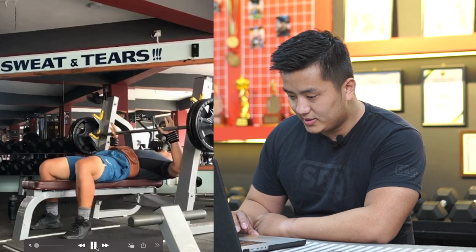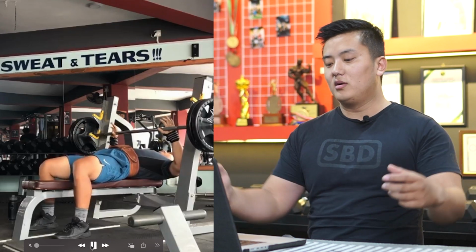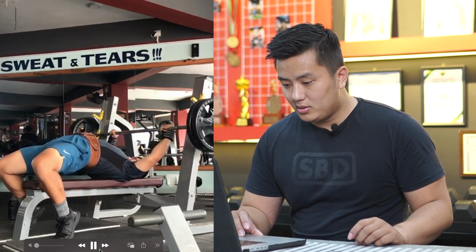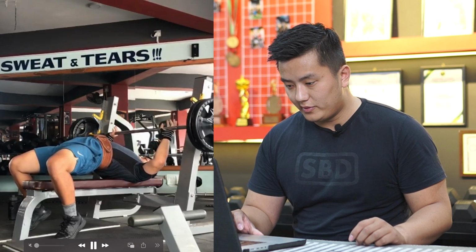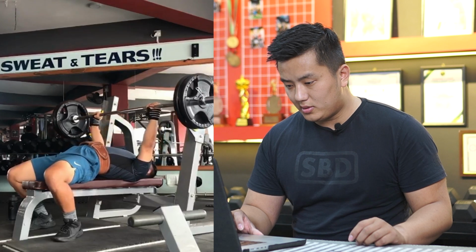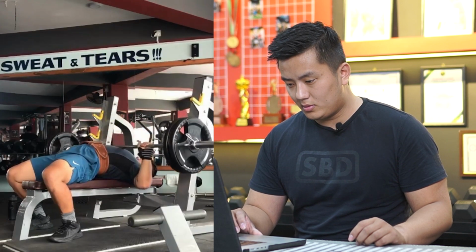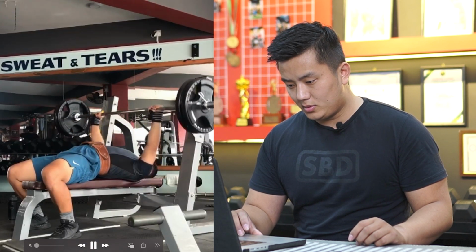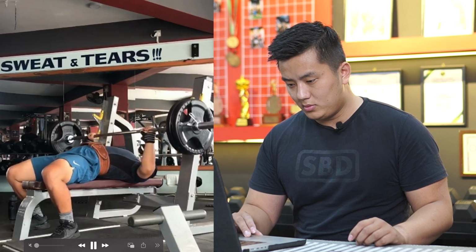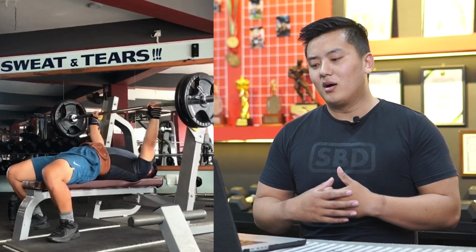First thing I'm noticing is the setup height is very low. So doing this, it's almost like a half rep. Nice big arch. Toes still on the floor. All right. Decent. Alright, so while benching, obviously I can see a lot of things here that we could correct,